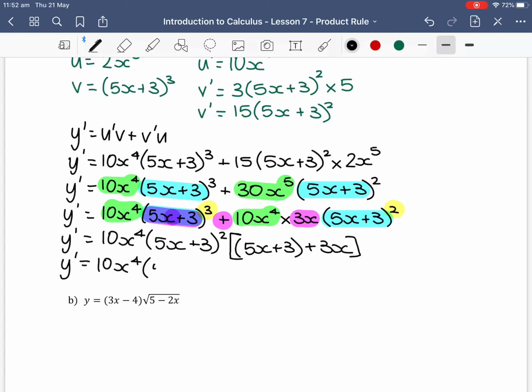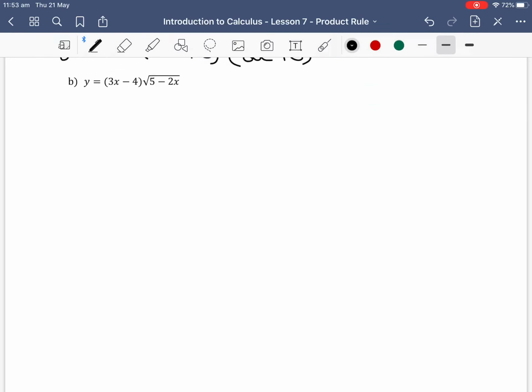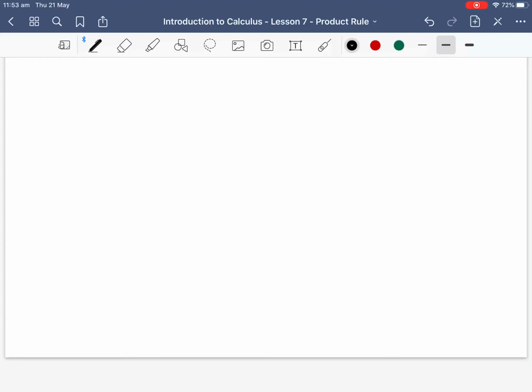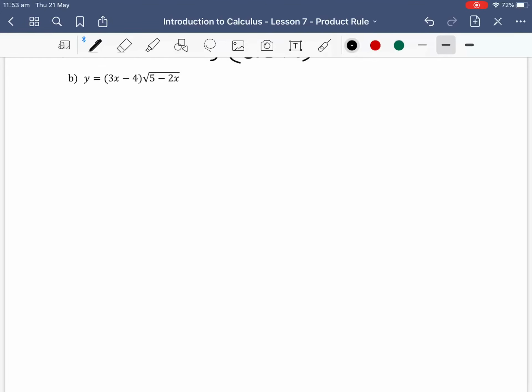So we have y dash equals 10x to the power of 4, bracket 5x plus 3 all squared, times 5x plus 3x, to collect like terms, is 8x, plus our constant of 3 in our bracket. So that's a bit trickier as you have those extra steps at the end and you can take the common factor out the front. Moving on to B, which is our last example, we have y equals